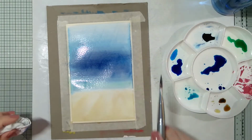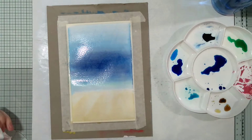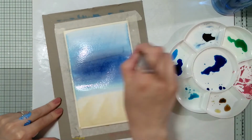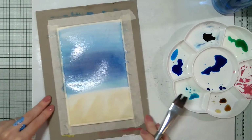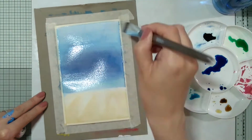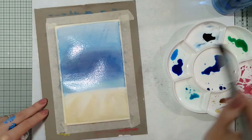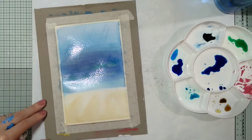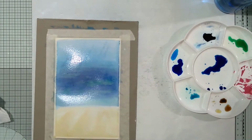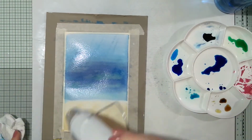And with a paper towel, I'm soaking up at the bottom so the sand doesn't get mixed with the water portion. And here I added a bit too much of the cracked pistachio, and it gave some kind of bleached effect. And I will fast dry my panel,